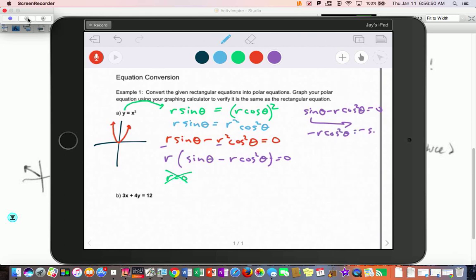So it goes over as a negative sine of theta. And then I'm going to divide by negative cosine squared. And so I'm left with r equals sine theta divided by cosine squared of theta. All right, so now when we go to check this, I think this is my r equation. So on the calculator,